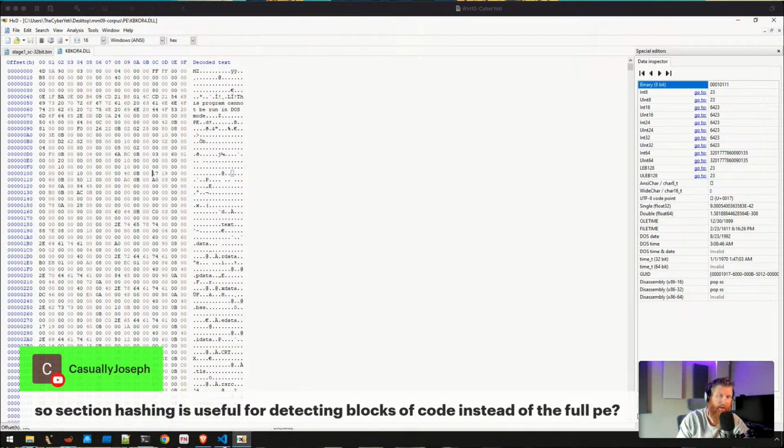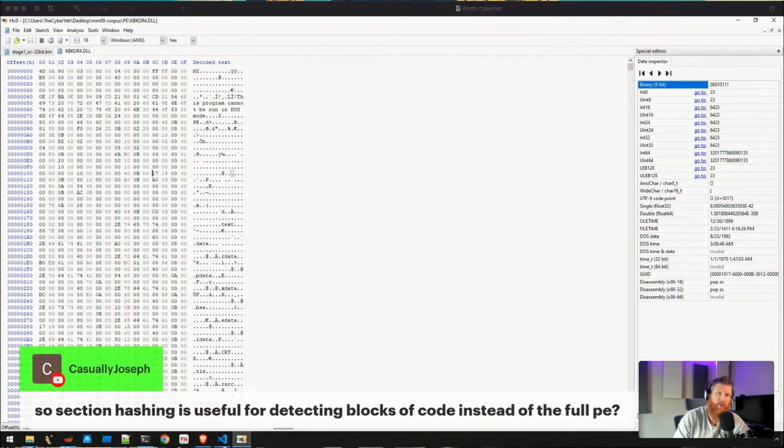How helpful is that? I don't actually know. I've never used a hash of the text section for any useful thing. I've just never thought about it. So I'm not saying that it's useful, but I'm not saying that it isn't either. I just used that as an example. There may be other sections though that contain arbitrary data, encrypted data, resources, configuration data. Maybe there is something that is a bit more consistent or reliable to create that hash and do some checking.